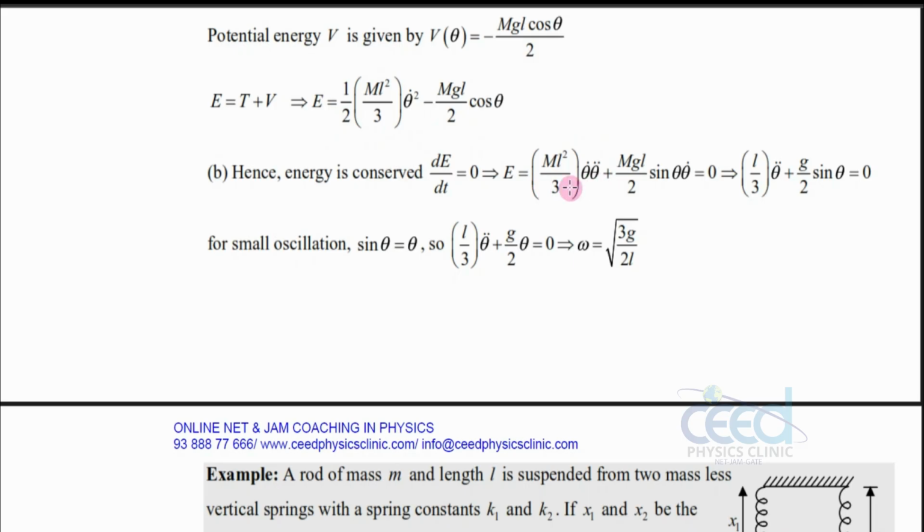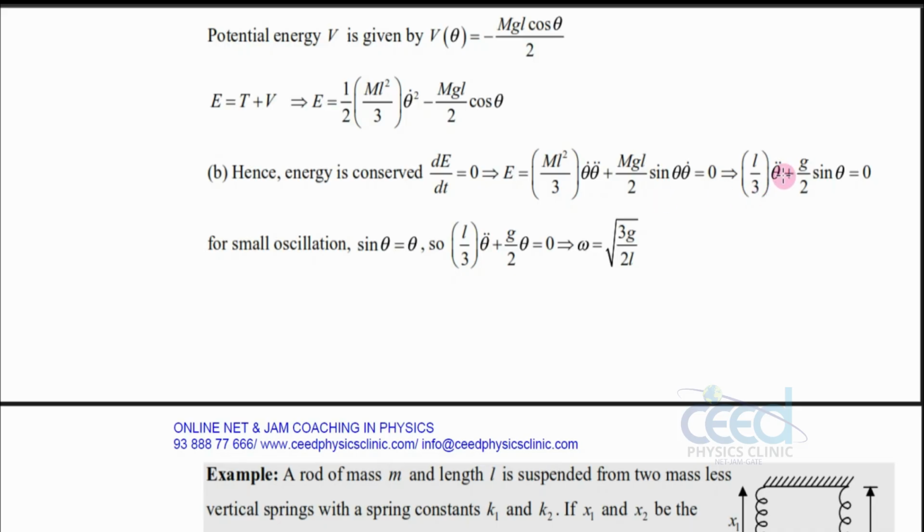Then cos theta on differentiation gives minus sin theta, minus minus becomes plus, and again differentiating theta gives theta dot. So finally by rearranging this equation you can write: